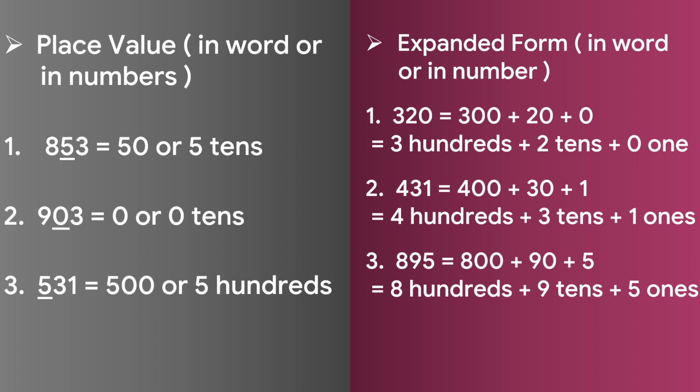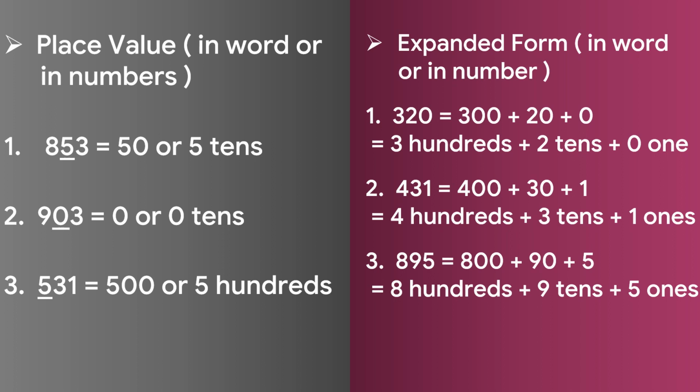But if you want to write the expanded form in word, then how can you write it? So for that you have to write first 4, because 4 is in the place of hundreds. That's why you have to write first 4 and then write hundreds. Then please add a plus sign. Don't forget to add a plus sign. Then 3 tens plus 1 ones. Your next number